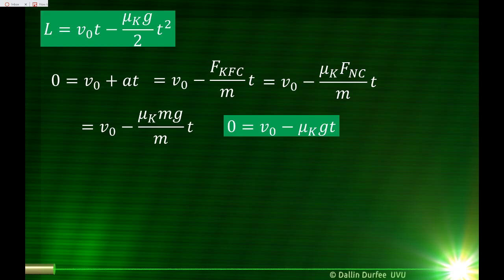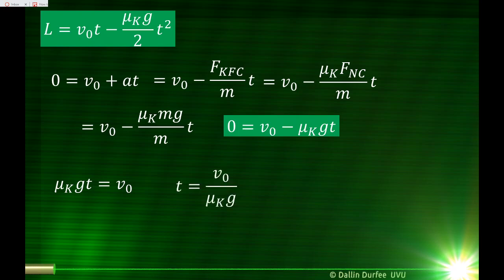So I don't want to eliminate v0. I want to eliminate t. So to solve this for t, first I'm going to move the mu sub k g t to the other side by adding mu sub k g t to both sides. Then I'm going to divide both sides by mu sub k g to get